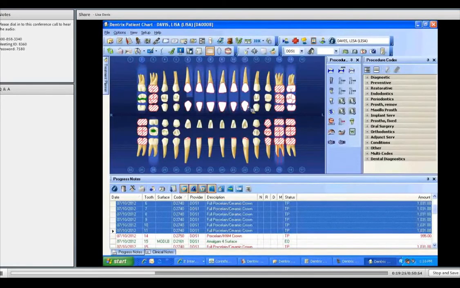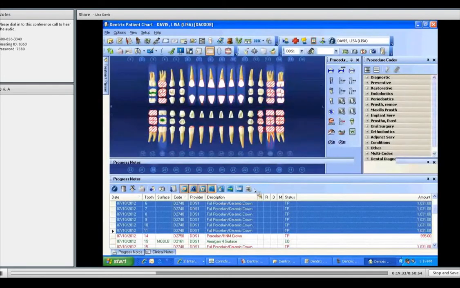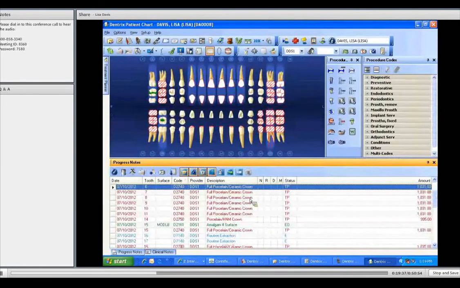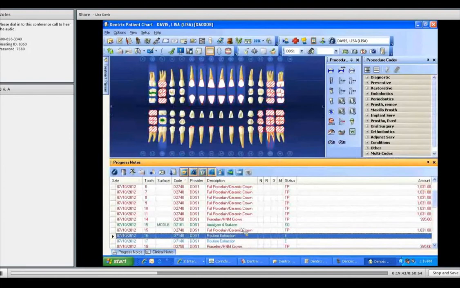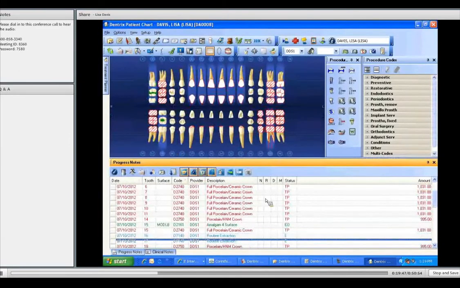With this toolbar, I can choose what I want to see. I don't want to see the existing treatment today. I don't want to see anything completed. I am just viewing the treatment plan, and at the same time I can see the picture. That's all that means. If I don't want to see the treatment plan and am just looking at completed work, that